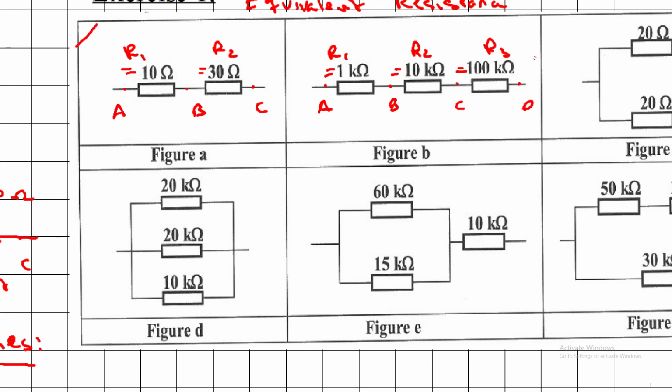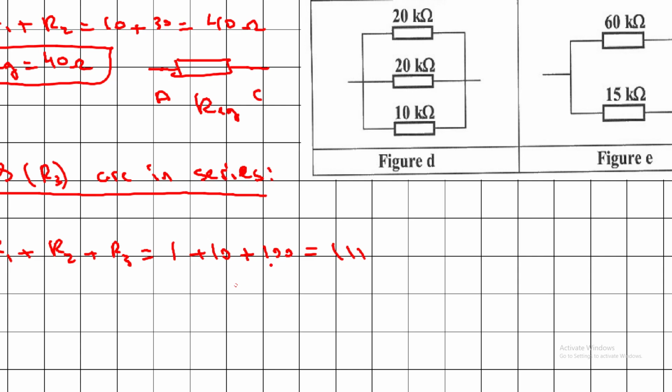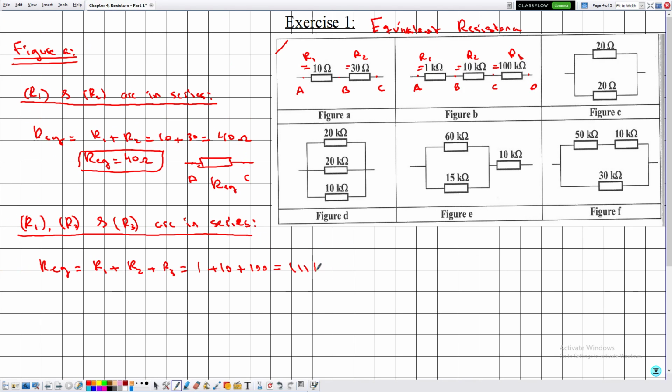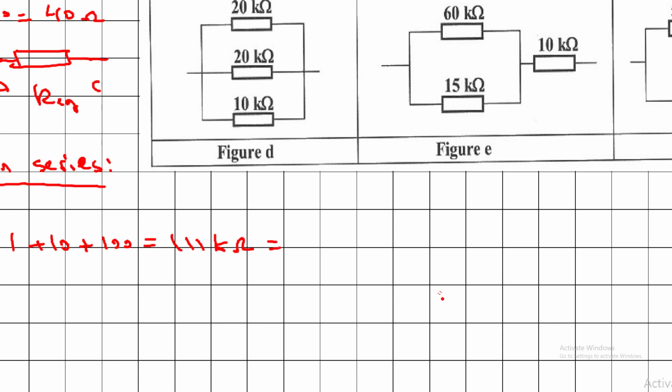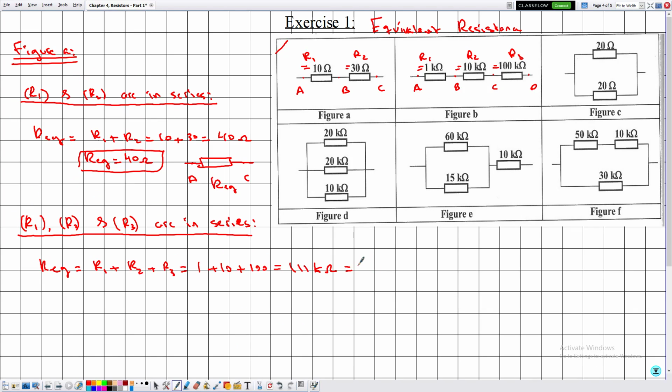But notice that here each of these resistances are expressed in kilo ohms. Then we are adding quantities. All of these are expressed in kilo ohms, as if we are saying 1 kilo ohm plus 10 kilo ohms plus 100 kilo ohms. Then the answer will be expressed in kilo ohms. And we know that kilo ohms is not the SI unit of resistance. In order to convert from kilo ohms to ohms, we need to multiply by 1000. So this is given by 111,000 ohms. Then R equivalent is given by